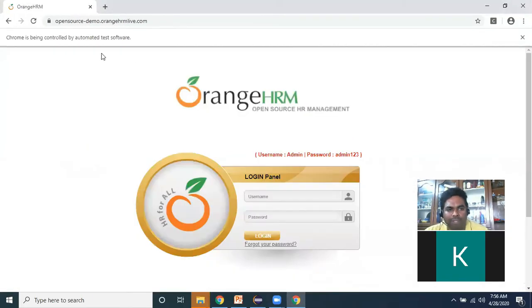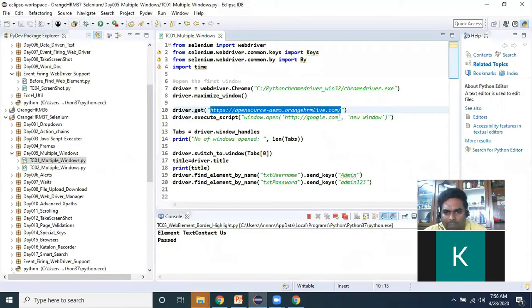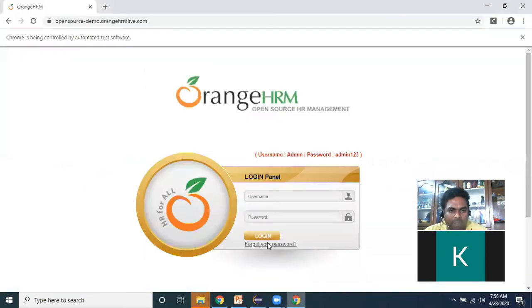First of all, I invoke my OrangeHRM application URL in my scripting. After that, I'm invoking my google.com page by using JavaScript executor. So if you want to open one more new tab, we have to use JavaScript executor only.